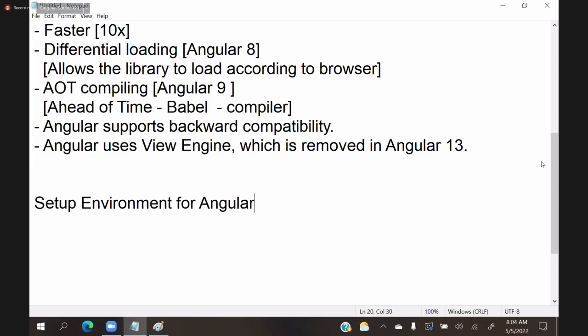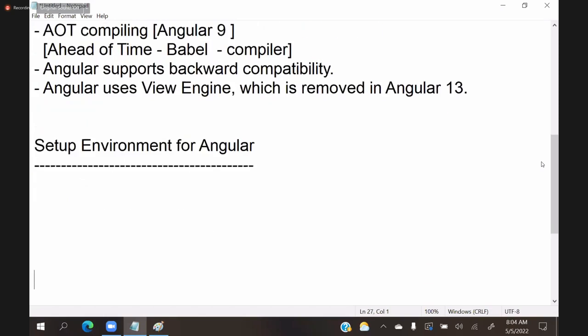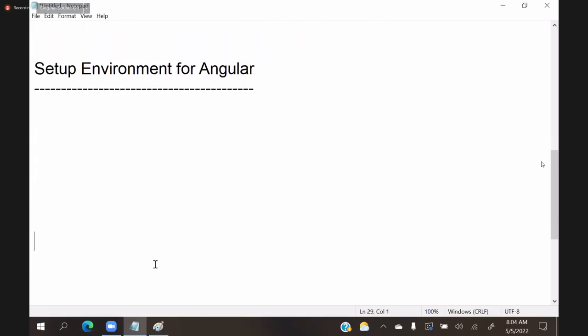Once we set up the environment for Angular, we will understand Angular architecture, how it works and all, right? Set up environment for Angular. To set up the environment for Angular, the first step, you need to